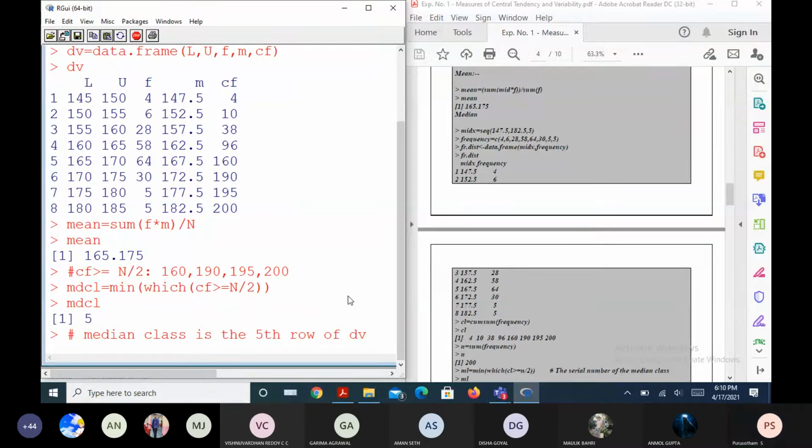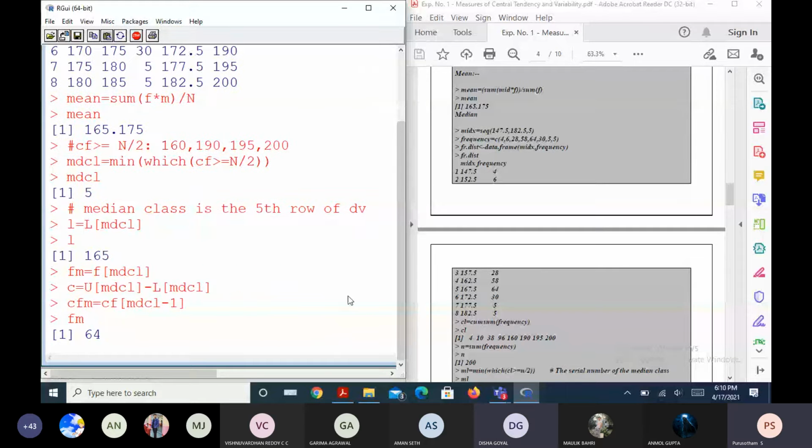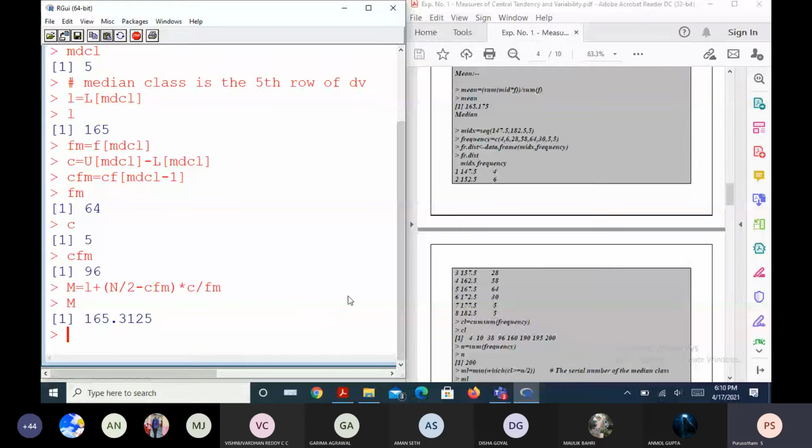Max F. Sir, max which f? You tell me the syntax. I will try to typeset it and then see whether we get the output or not. Someone give the idea. Who is going to give the idea? Tell me the syntax.